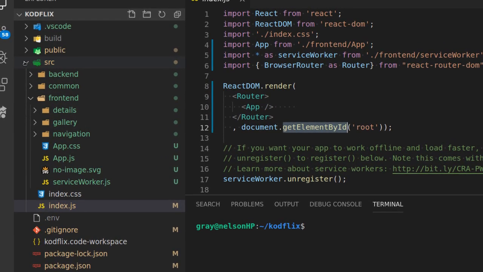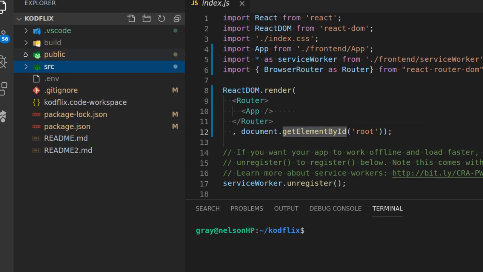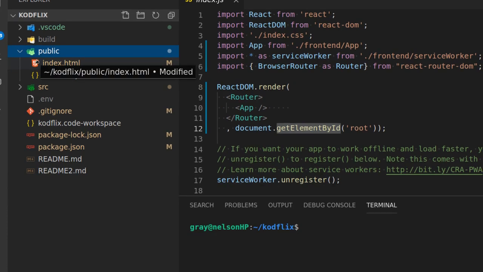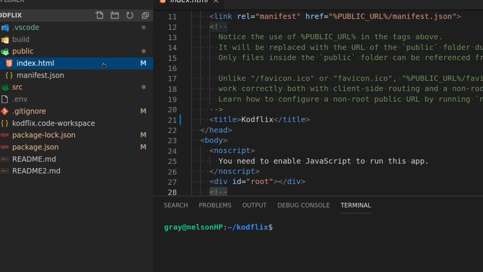So where's that going to be? And I think someone said it earlier, we said that it's going to be in the public folder. So as well as this source folder, you've probably got a public folder. Back in the day, when you were creating static websites, this used to be how you uploaded the files onto your server. You uploaded them into the public folder on the server that you had access to, and that was where you put all your assets and your front-end assets and your HTML pages. And all we've got in here at the moment is one index.html page. If we look inside of there,